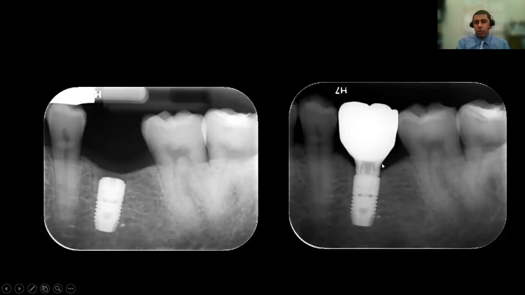For example, if this was going directly out and above, resulting in a very, very bulky contour next to the gingival area, that will become harder to clean, result in more accumulation of plaque